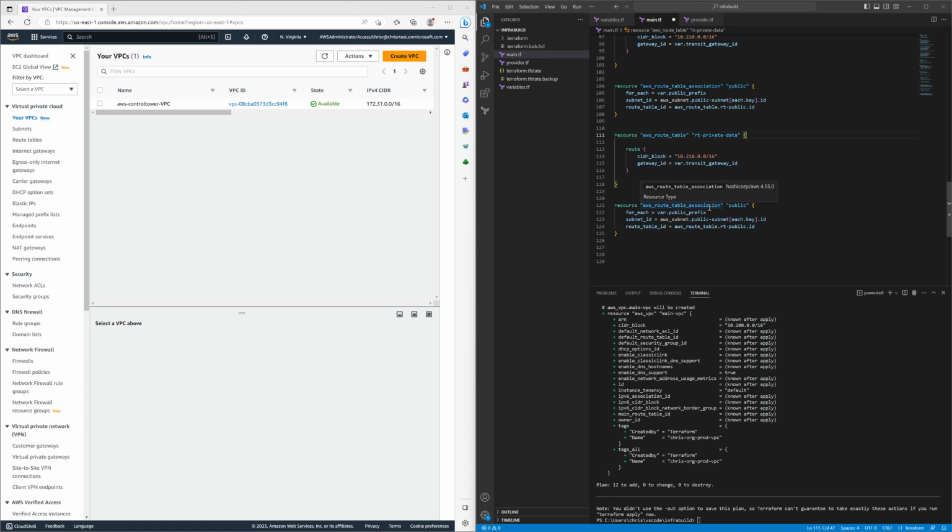And then the next step would be to associate, right? So private, call this, instead of public, we'll call this private data. And then we're going to go for each private. So this is going to be the private data. var.private_data_prefix right there. AWS subnet,